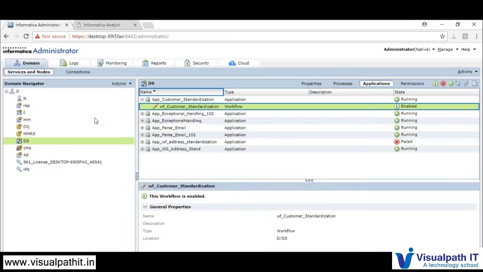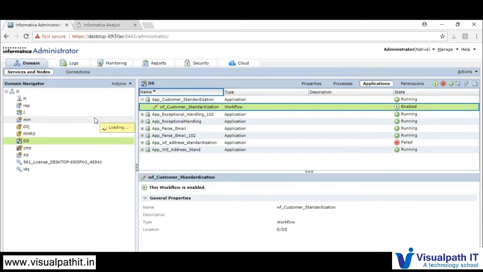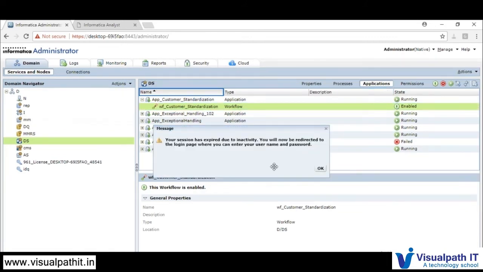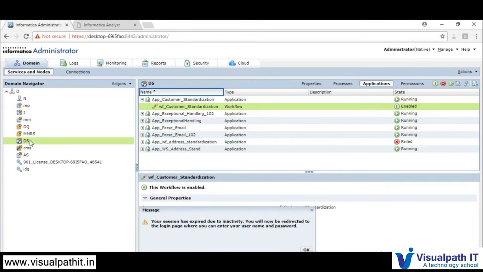The application will be created, and the details of your application will be captured at the data integration level. Here you will have a data integration service, and underneath it you will have applications. So that means you should go for an application. You can't have any option to run the workflow without deploying it as an application.